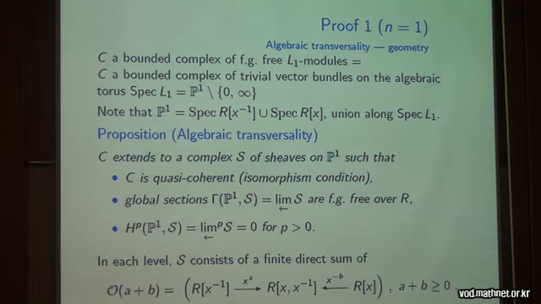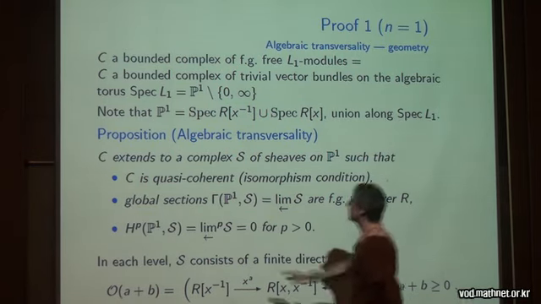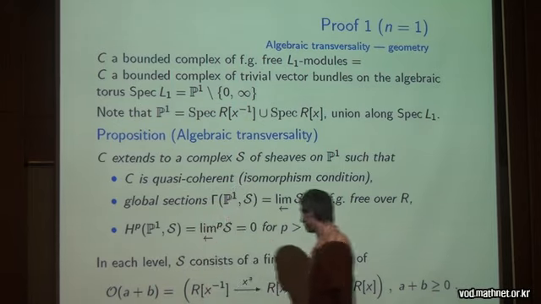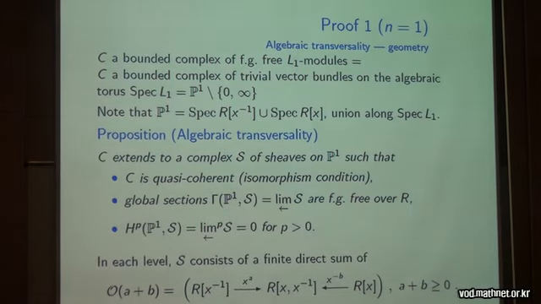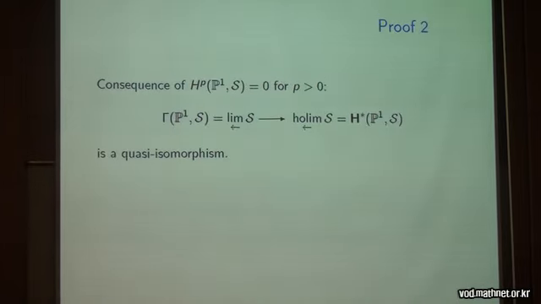Yes, please. C or S? Yeah, as I said, it looks like a C, but it actually is an S. That's a misprint. Yeah, that should be an S here. Right? The extension is quasi-coherent. Okay, it can be done purely combinatorially, explicitly, but think of it in these algebraic geometric terms rather.